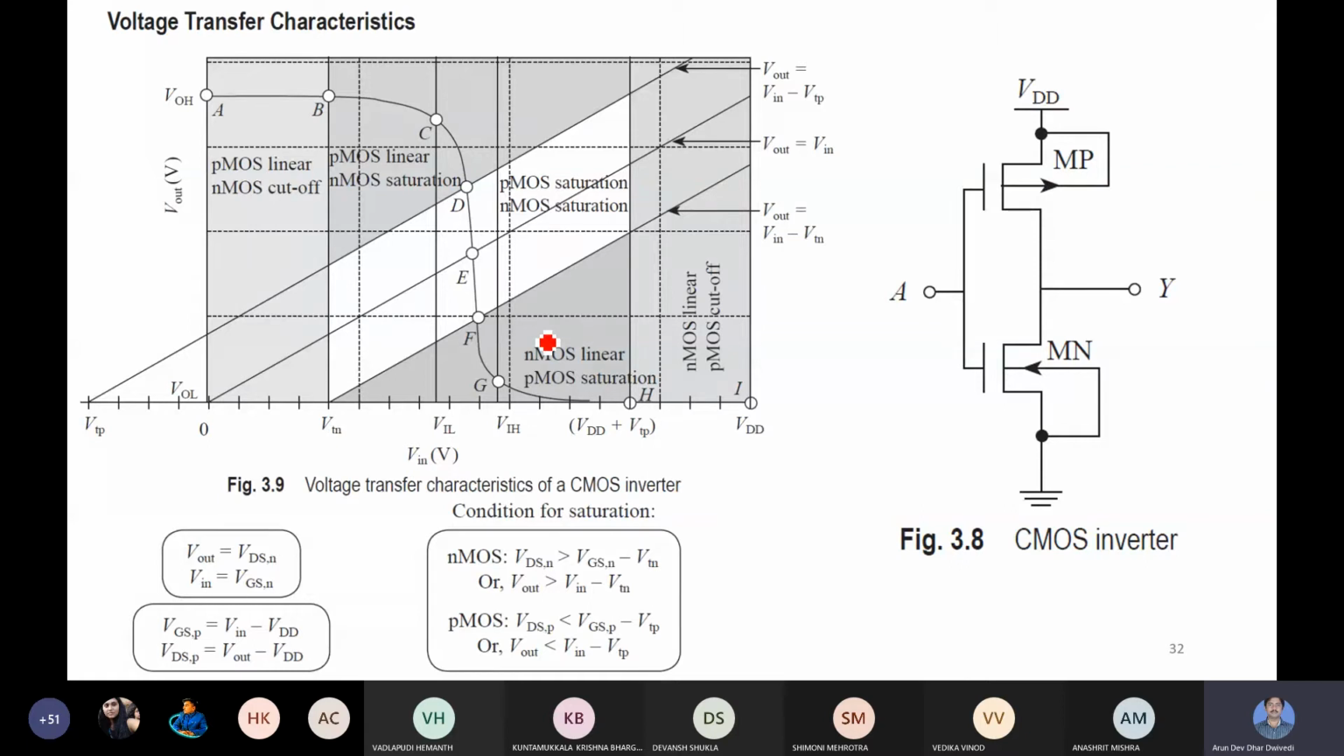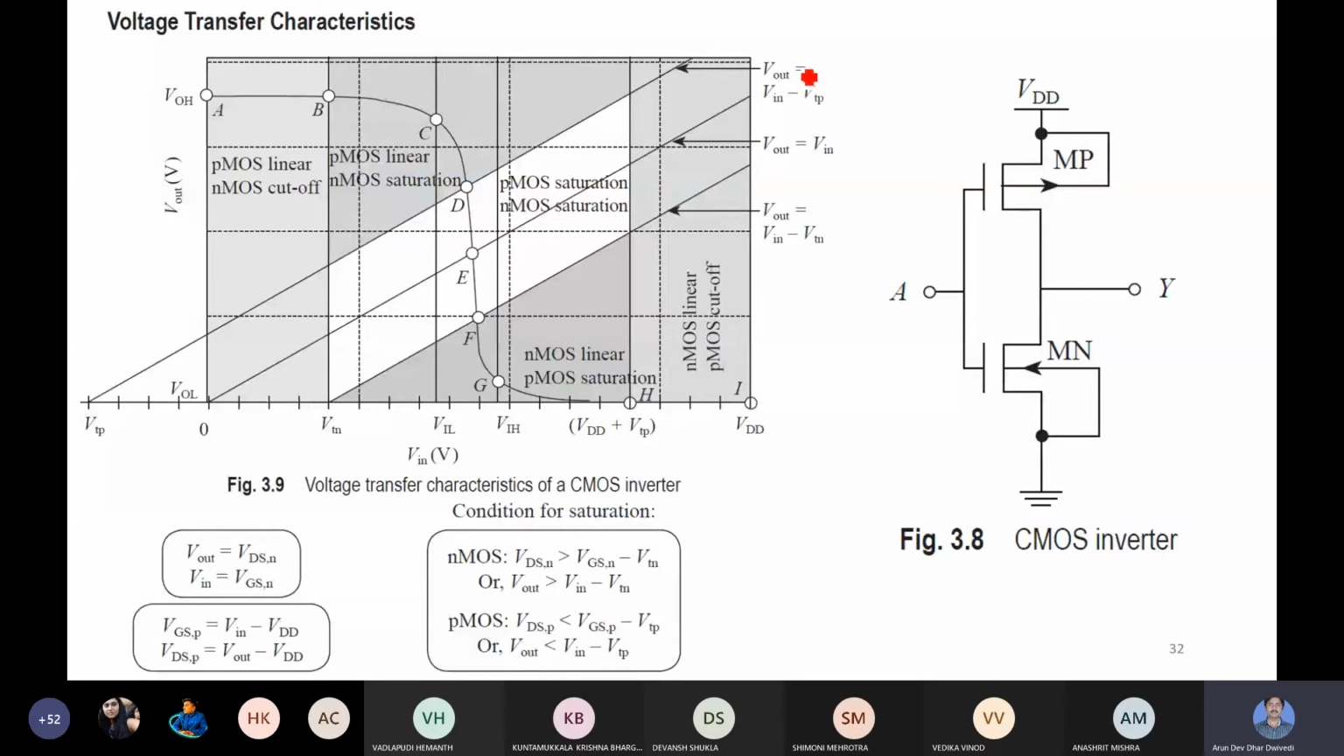So these are the few lines which we are defining, and also in between there is another line from 0 to this point, and it is almost cutting at the mid of this plot. So this line is basically V out equal to V in. So we have defined three lines: V out equal to V in minus VTP, another line V out equal to V in minus VTN. So obviously we know that VTN is the threshold voltage of NMOS, VTP is the threshold voltage